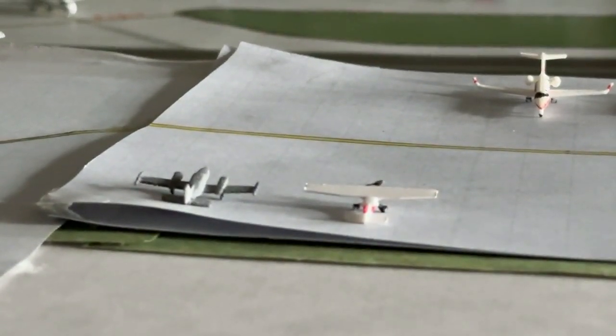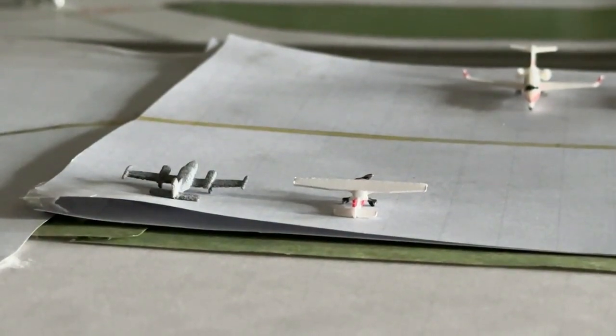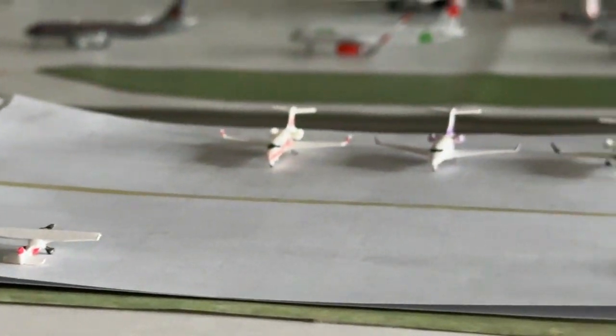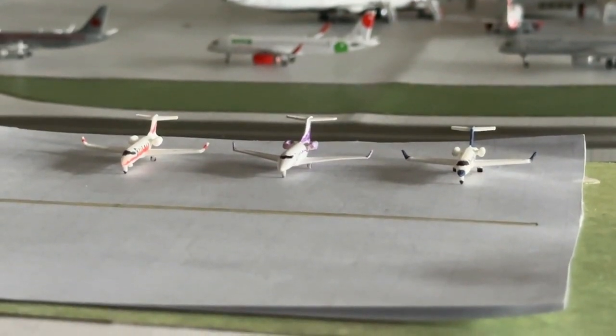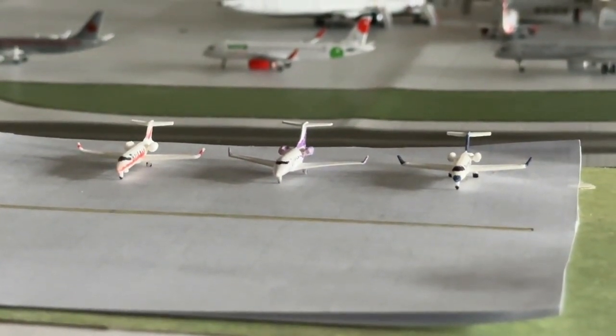Alrighty, we have a Cessna 310 and a Cessna 172. Both are aircraft that are waiting for actual hangar space to open up, so they're hopeful to get some new hangars. Stay tuned. And as of right now, we have our three private jets right here. We have two Learjets and one Embraer 300. Left Learjet, orange livery, is coming in from Jacksonville. This guy's continuing out to